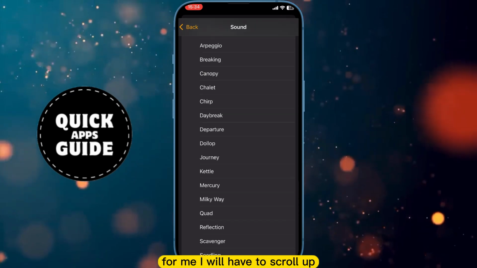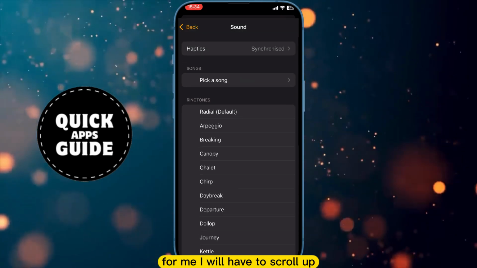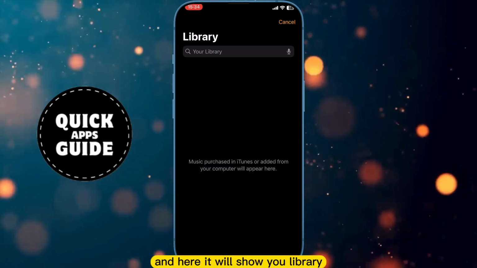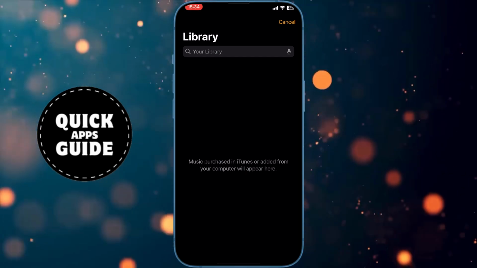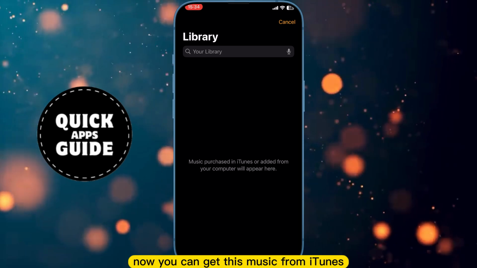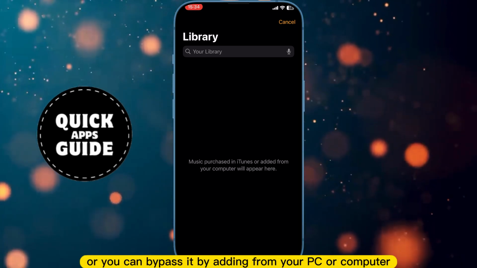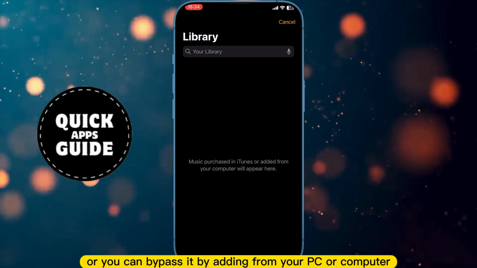For me, I will have to scroll up and then click on pick a song, and here it will show you the library. Now you can get this music from iTunes, or you can bypass it by adding from your PC or computer